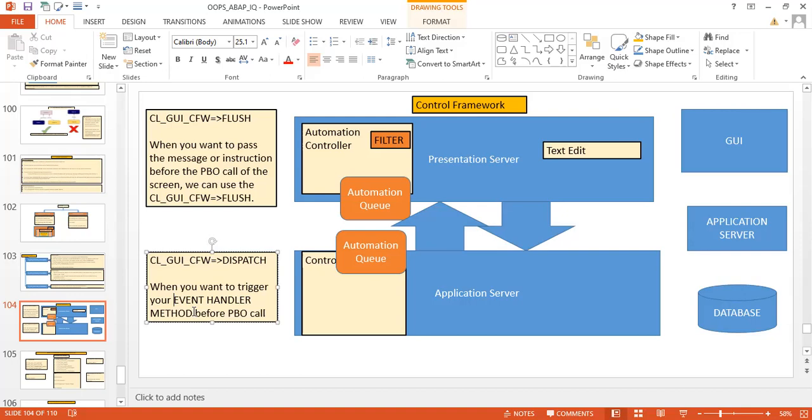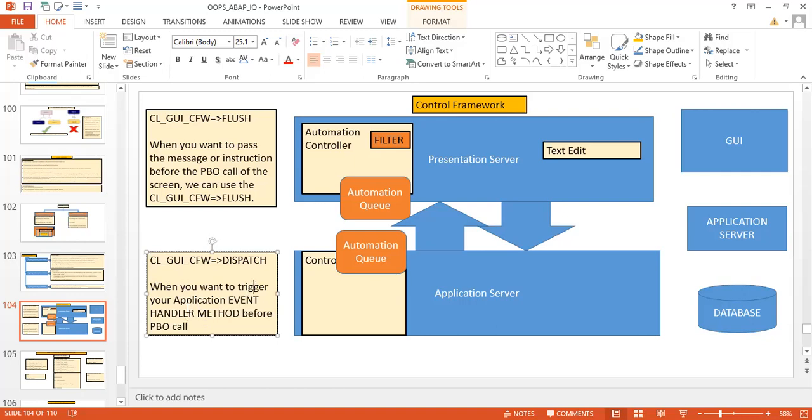If your method is a system event handler method, you don't have control over it; the system will take care of that. But if you have an application event handler method, then you can control it. So whenever I talk about the event handler method here, it is our application event handler method.